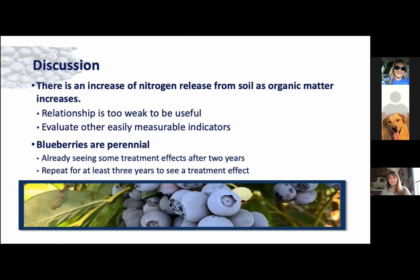So in our experiment, we did find that nitrogen released from the soil increases with increasing soil organic matter. But the relationship, while significant, is too weak to be useful. And ultimately, our goal is to find something that is very easy for growers to use to adjust their fertilizer rates. And because of this, we are planning to evaluate other easily measurable indicators like mineralizable carbon and